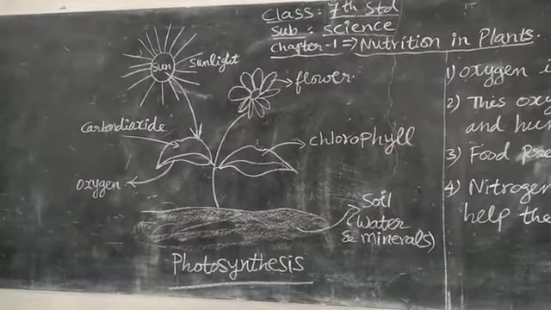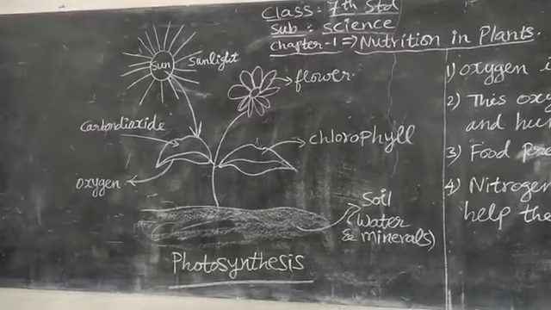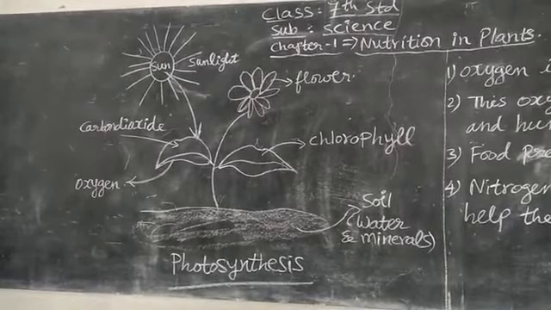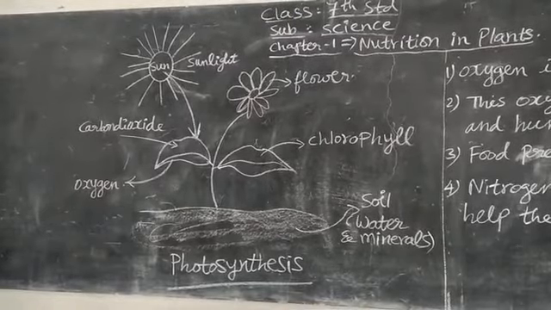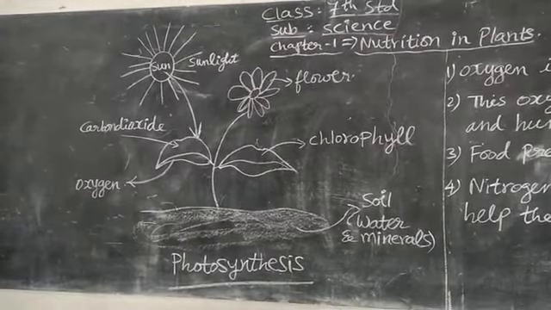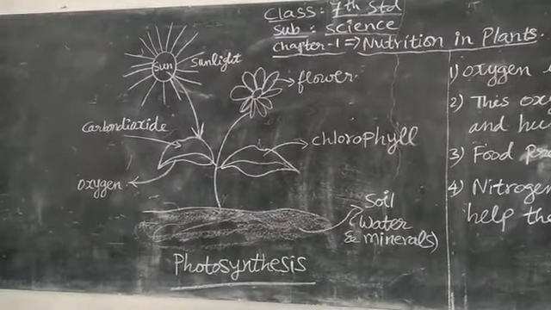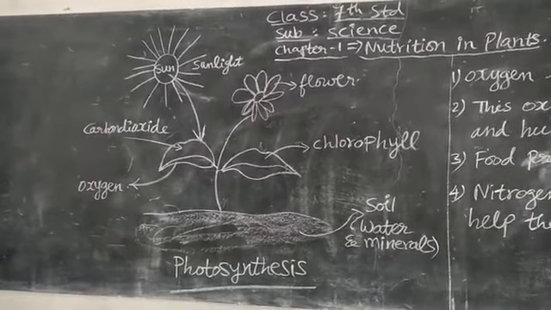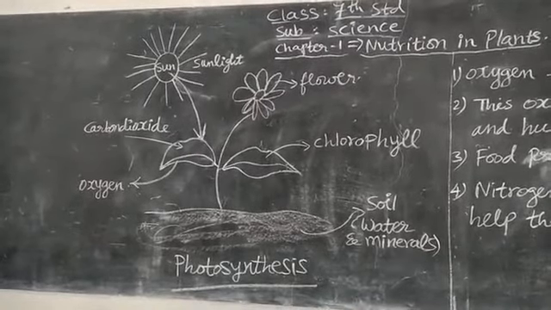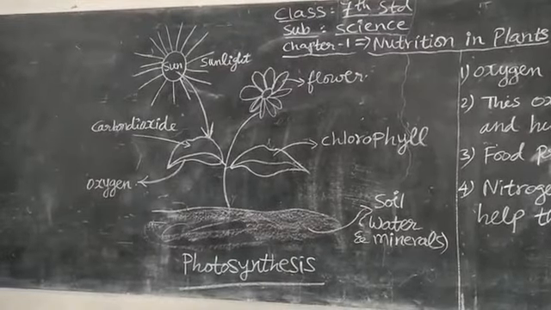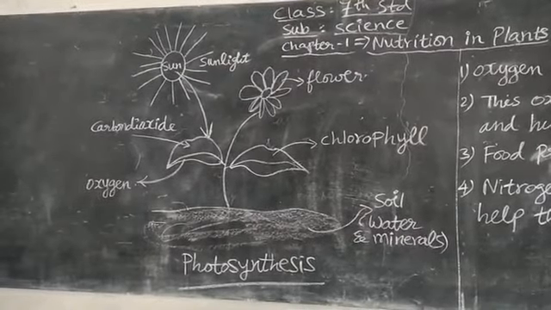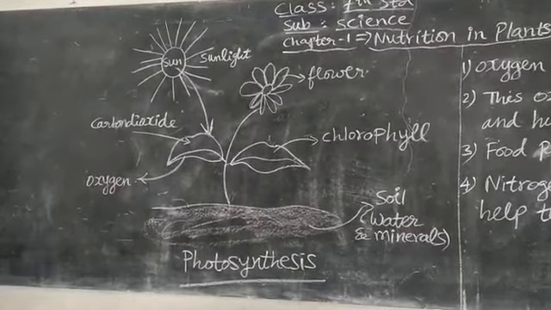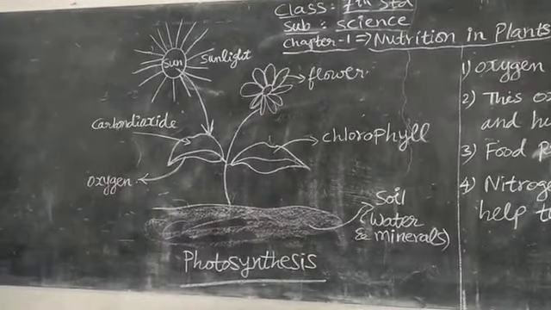So with the help of sunlight, water and chlorophyll, already there is a green pigment in the leaf. This pigment is called chlorophyll. It helps the plant to prepare food. Carbon dioxide gas is there. The atmosphere contains carbon dioxide. From where will the plants get this carbon dioxide? They get it from animals and human beings. What animals and human beings breathe out is carbon dioxide. This carbon dioxide is helpful for plants to prepare food.